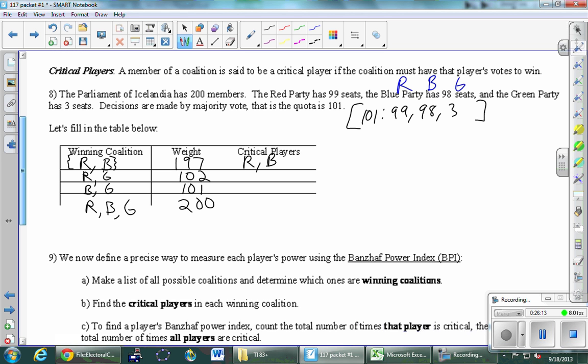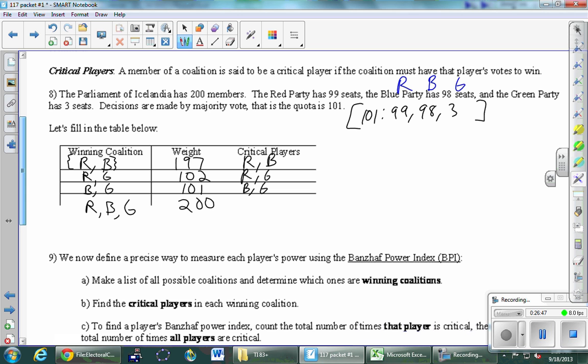And with a little bit of thought, we start to see, well, it feels like everybody's critical, because if you cross off G, then you have only R, and they don't have enough. So G is really important. G is critical. And if we cross off R, that's no good. All right, so all of these guys are critical, right? So I'm just going to write all the letters in here. R and G are both critical here. B and G are critical here. And so it's tempting to just say, well, R, B, and G, everybody's critical all the time, but